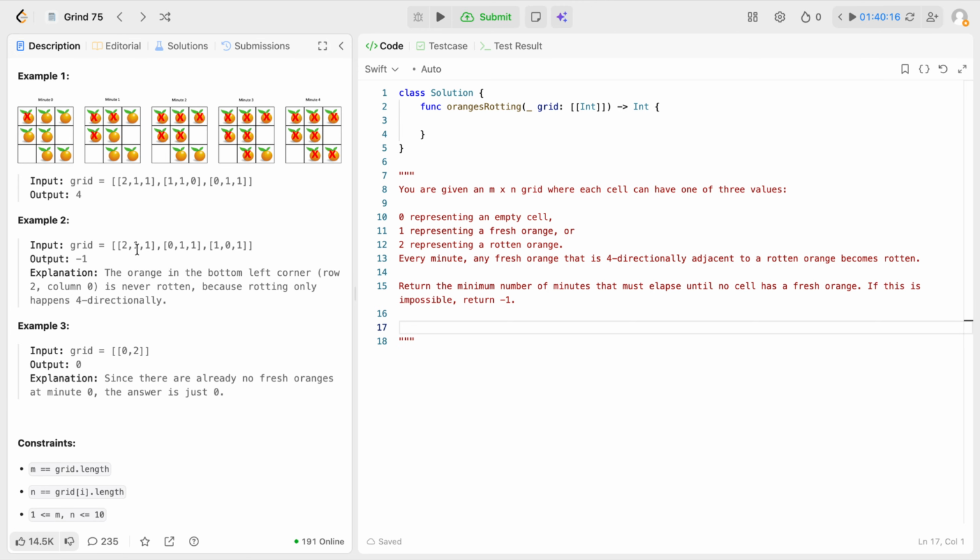The 2 spreads to this one, doesn't spread down. It spreads to this one, and it spreads to the middle one. It spreads to this middle one down here, and it spreads to this one down here, but it doesn't spread to this one because it's surrounded by